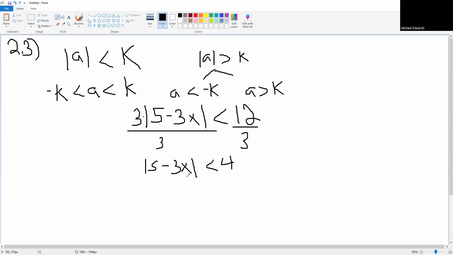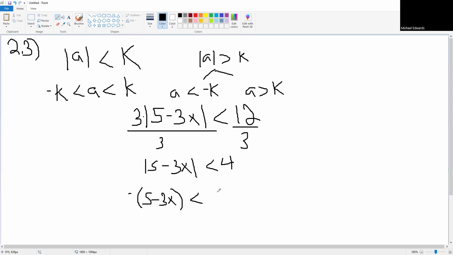Let's go ahead and write this the way that our properties, or our rules, let us do it. So this says if absolute value of A is less than K, then we can rewrite it like this. Now let's do that. So we'll have a negative 5 minus 3x less than